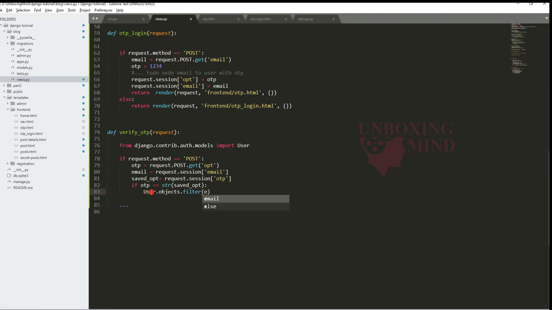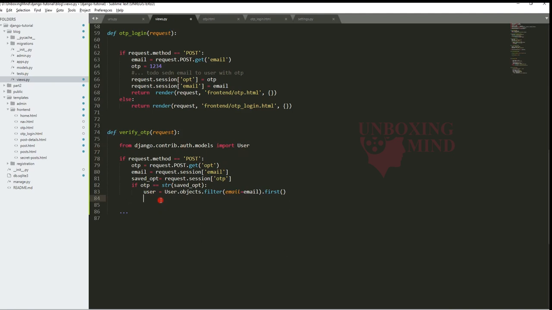So I am importing this User model, and from here .objects.filter. I am going to just use the filter. You can use the get method also. So email, then .first, it will retrieve the first record.